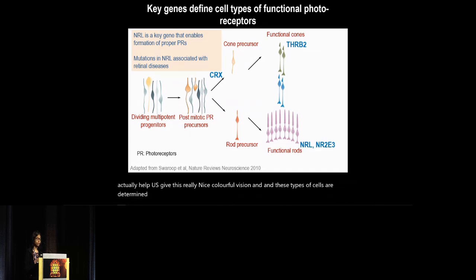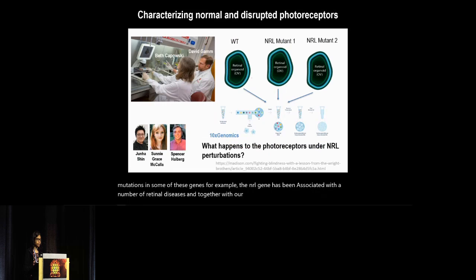These types of cells are determined, to a great extent, and marked by special types of genes. There is a gene called NRL, which is known to be expressed in the rod cells, and other genes that are similarly marked with cone cells. In many patient populations, there are mutations in some of these genes. For example, the NRL gene has been associated with a number of retinal diseases, and together with our collaborator clinicians,